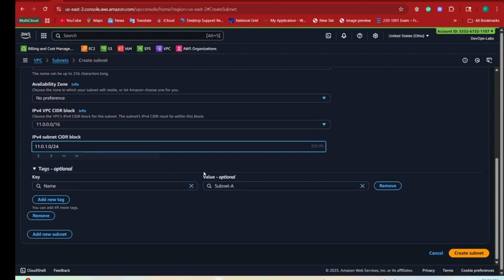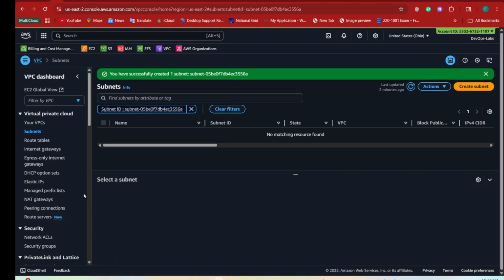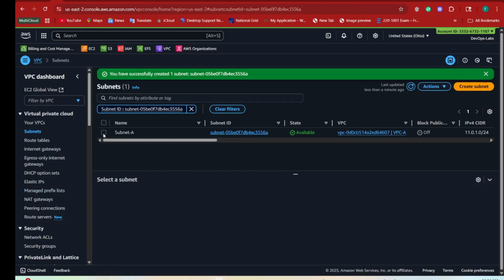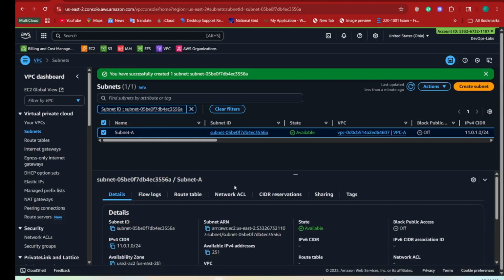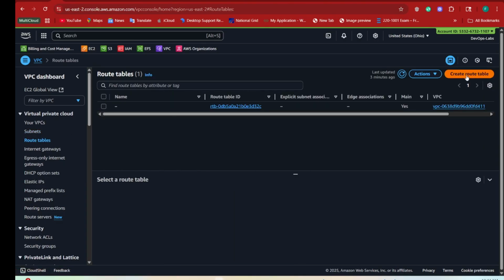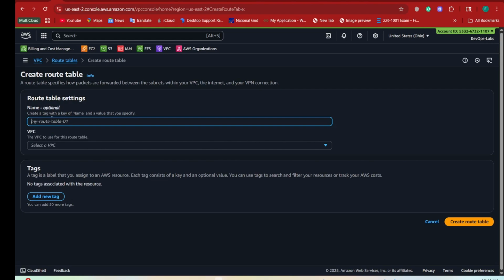And that is it. And I will go ahead and click on create subnet. Now I've created my subnet. Okay. And then the next thing we have to do now is to create a route table, because we need to direct traffic. We need to let our network know how traffic is going to be routed. So click on route table, click on create route table, and I'm going to call it